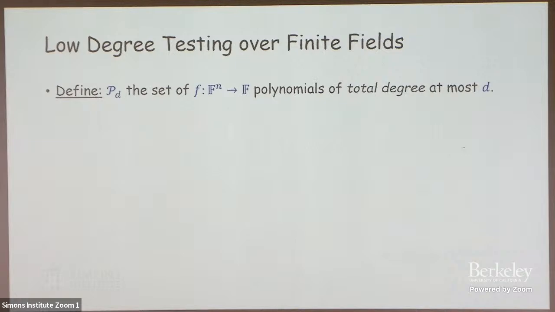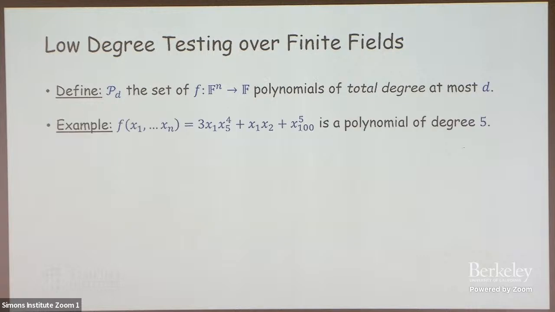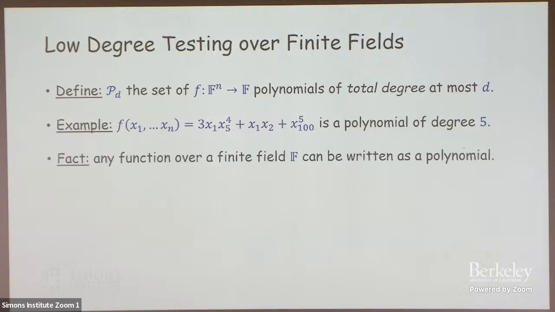And we ask whether the total degree of the function is at most D. This talks about total degree, not individual degrees. For example, here is some multivariate function of degree 5. And the nice fact is that every function,